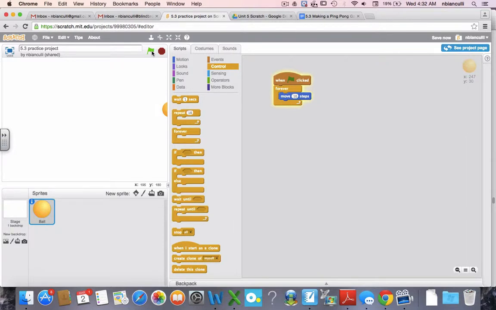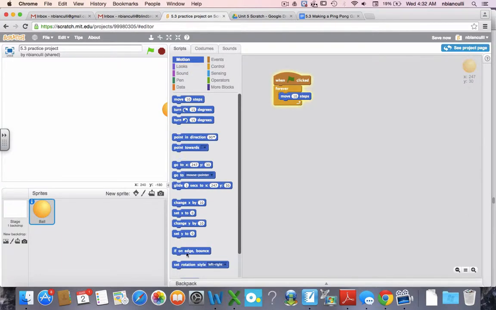Well, I would like the ball to actually bounce off the edge. So if I go to motion, there's a command, if on edge, bounce. And now it's bouncing back and forth. Well, that's pretty boring. And the reason why that's so boring is because we haven't specified an angle that the